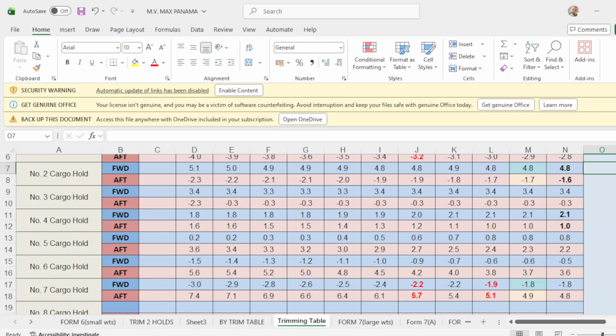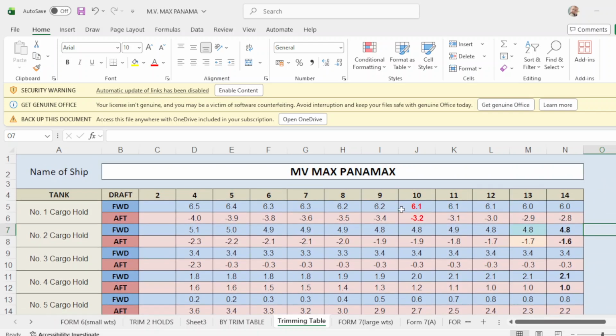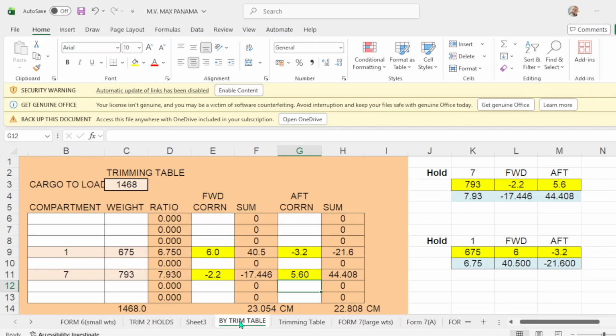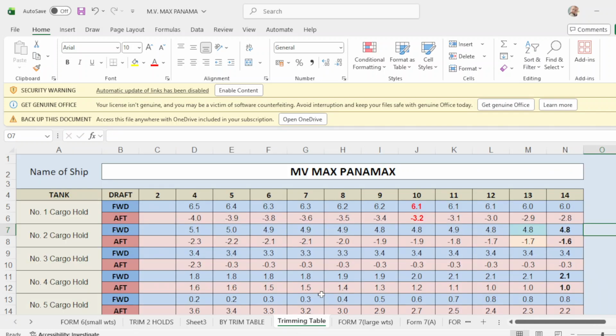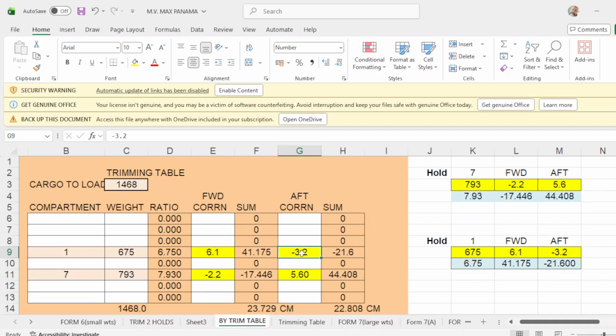So we apply the forward correction. In number 1 it is 6.1. Put here 6.1. And the up correction is negative 3.2. Okay. Negative 3.2.